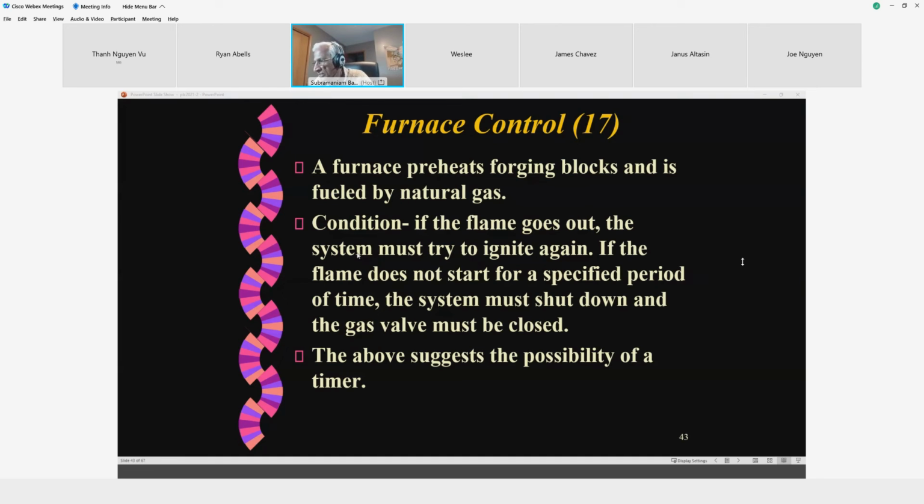And when the temperature reaches the steady state of whatever you have programmed, the flame goes down, the fan will go down, and you no longer have circulation